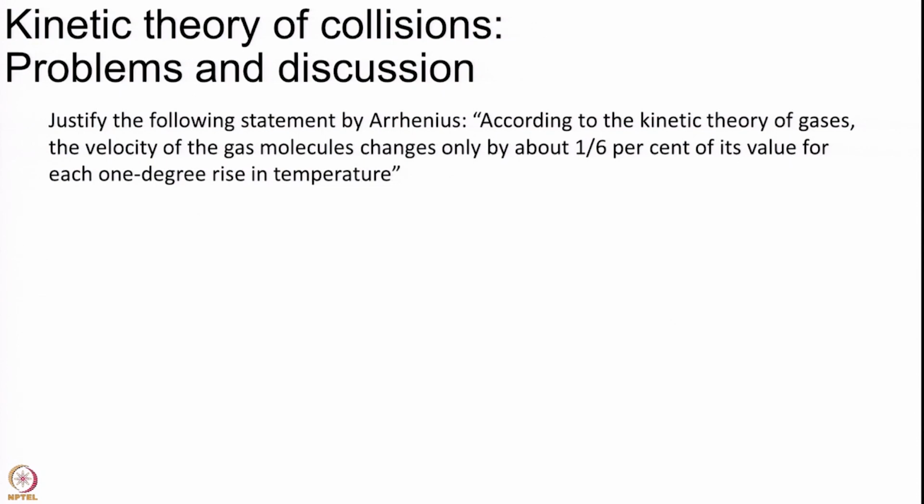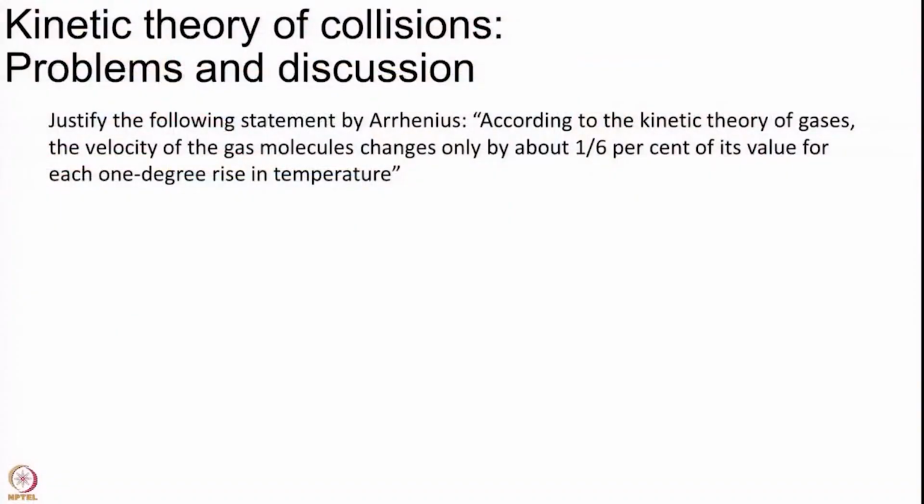If you go back several modules, I had read a statement from Arrhenius. According to the kinetic theory of gases, which is what we are discussing now, the velocity of the gas molecules changes only by about 1/6% of its value for each 1 degree rise in temperature. So, now we are in a position to test whether Arrhenius was right or not. Maybe he was bluffing, but we have equations now, we will put Arrhenius to the acid test, nobody is above mathematics. So, what he is talking about is the velocity,